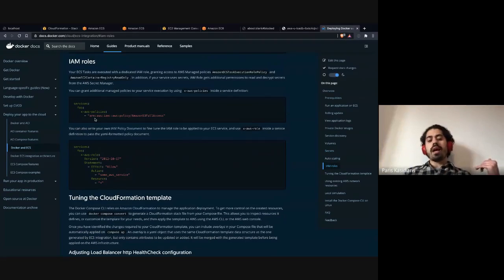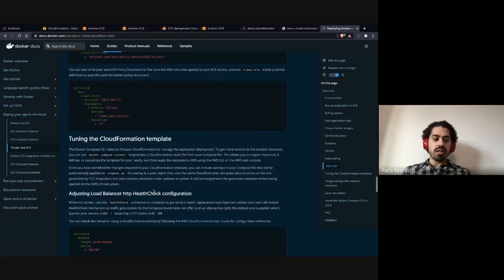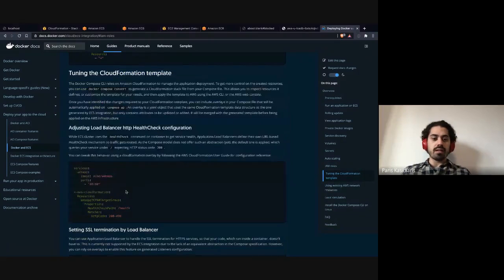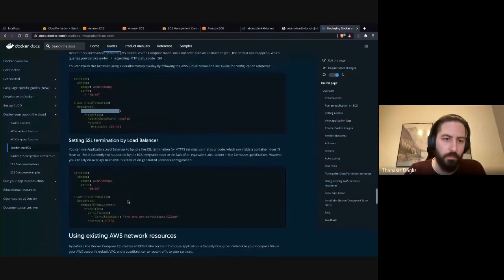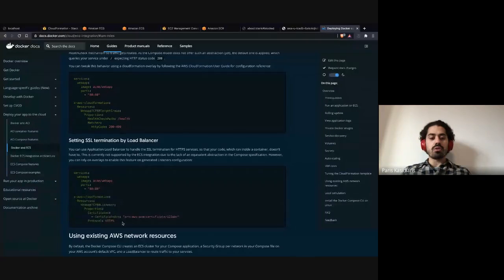Great. So yeah, I'm using this in a project because we need to access some S3 files. So we just add the policy there, and the container has access to these files without using credentials or anything. And also below this part of the configuration, you can see how you can adjust the CloudFormation template inline, considering the target group and the listener as well. Here, for example, it indicates how you can set a certificate in your